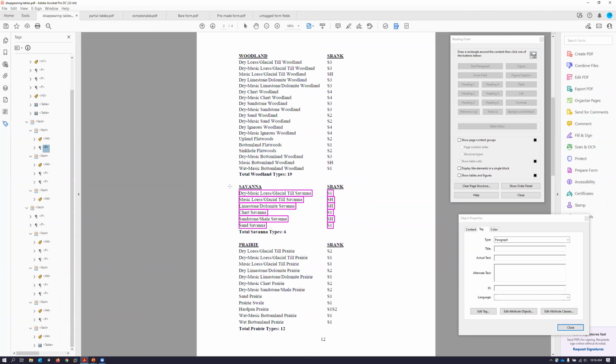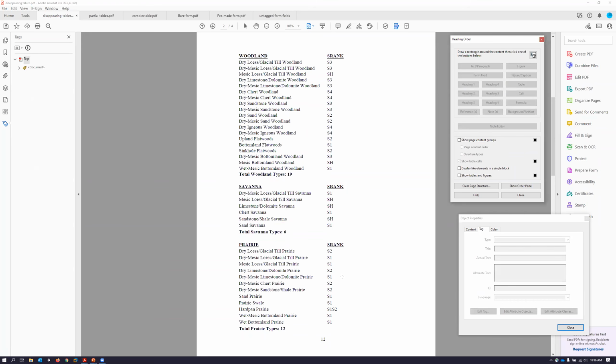Fortunately, there's an easy way to fix it. Again, we have to have the reading order panel turned on. When we do that, you'll see the cursor turns into a crosshair. If we highlight what we want to be a table, and make that a table,